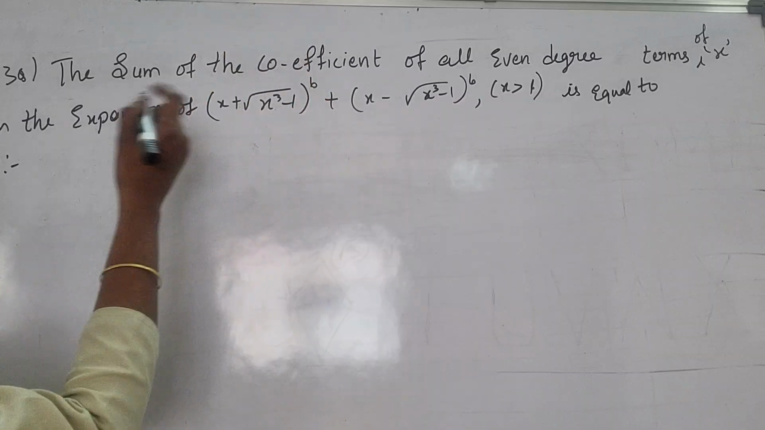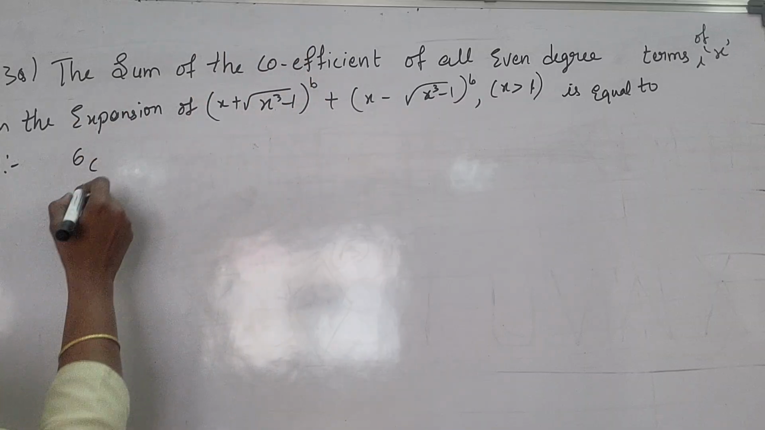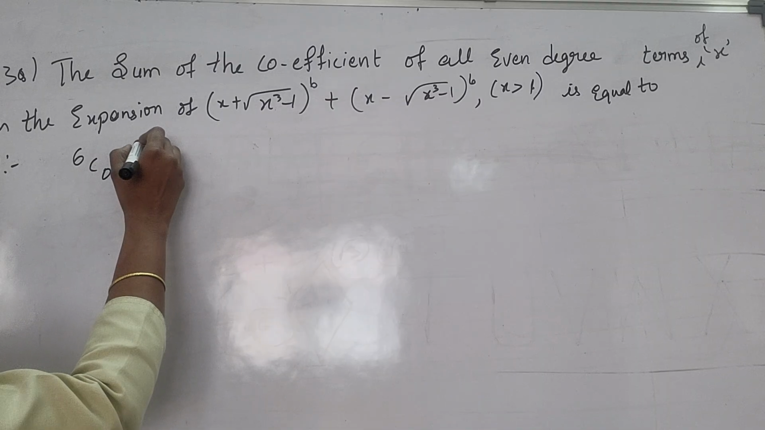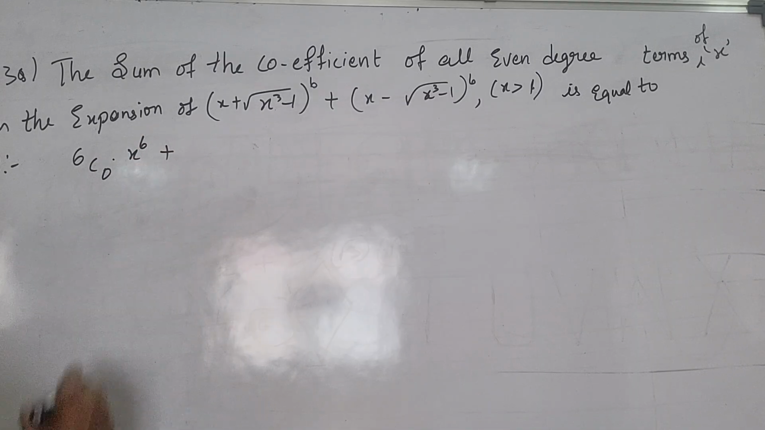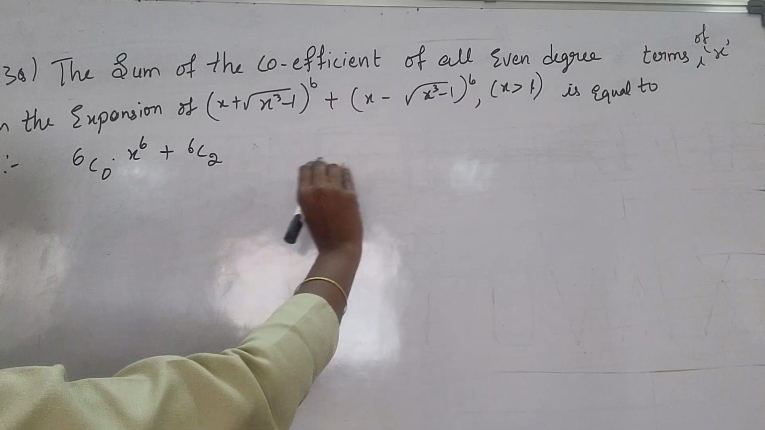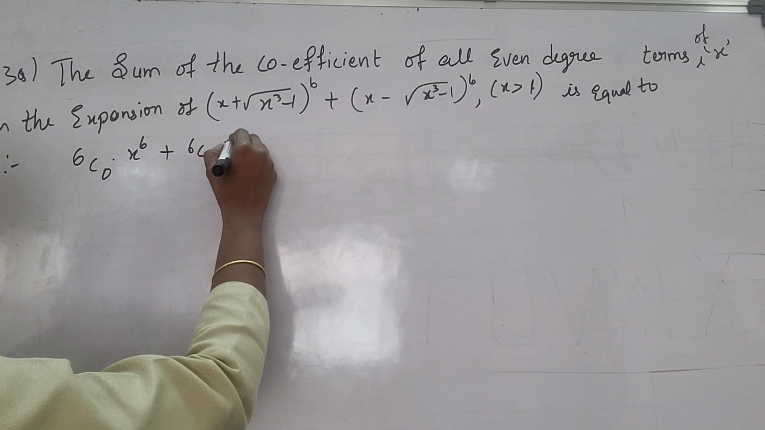So 6, what are you going to write? 6C0, even. Then what is the next? x power of 6 plus, then 6C2, even, all evens. So x power of 4